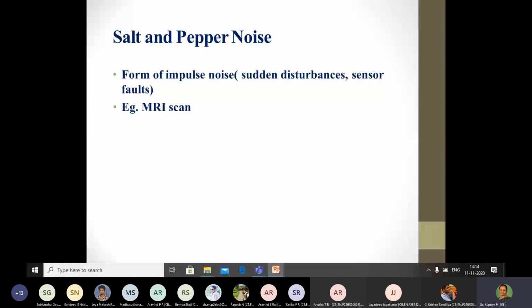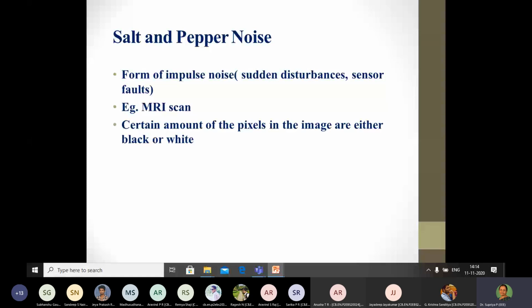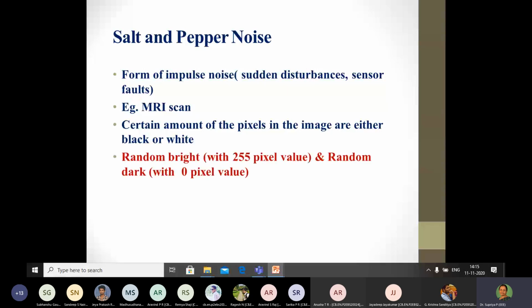One of the examples that we have is an MRI scan, where certain amounts of the pixels in the image become black or white. This is mainly because of the sudden disturbances during the MRI scan, where the MRI scan, which is usually connected to the electricity board supply, is suddenly changed to the inverter supply.